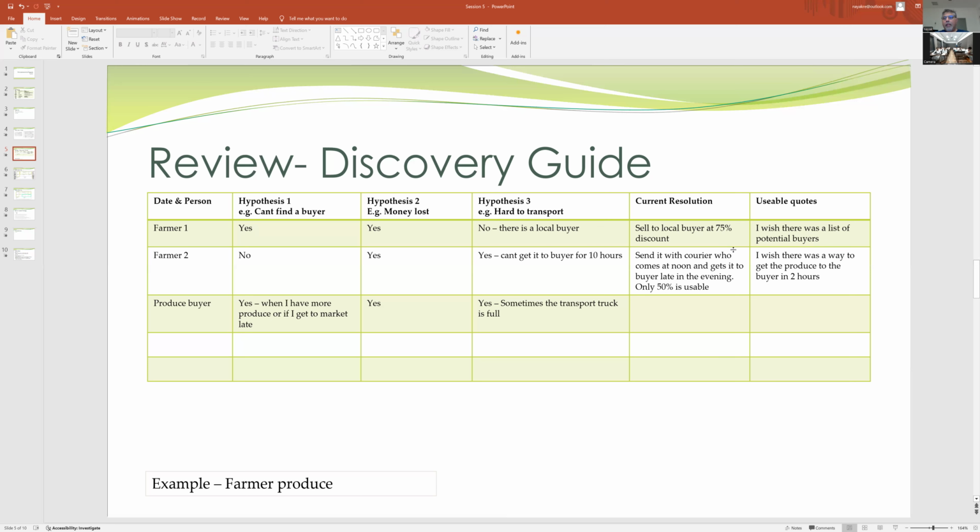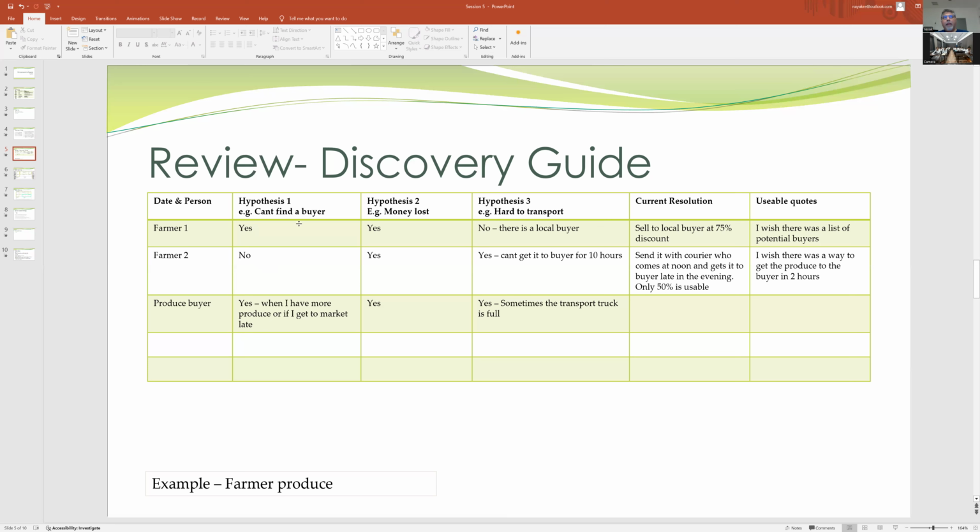Because I think the solution proposed here was an app. Now I can poke holes in that one by saying, okay, you're saying you're going to build an app. Do these farmers use apps? Use phones? That is a question that would be posed. So that's why it's important to understand the segment. Farmer 2 belongs to the same segment, and in that case, I ask a second farmer,